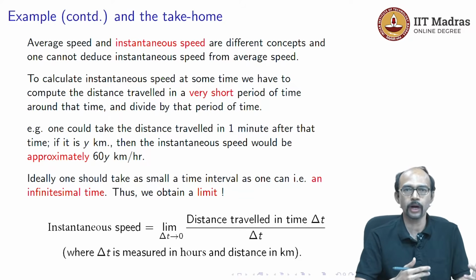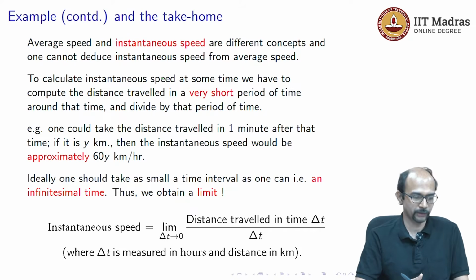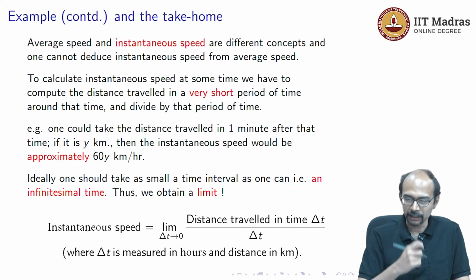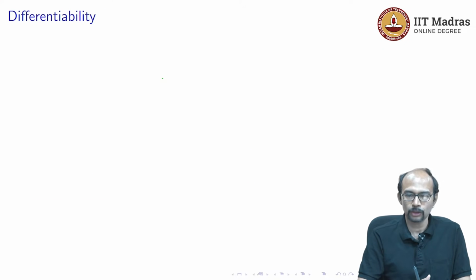And this is really one of the main reasons why we are interested in limits in the first place, because limits are really at the heart of things like instantaneous stuff. For example, instantaneous speed. Now we can extrapolate this and talk about the rate of change. After all, what is speed? Speed is the rate of change of distance, so how much distance you covered in time. So the rate of change, right? So that concept is called differentiability.